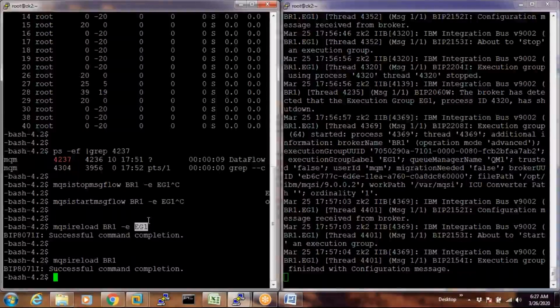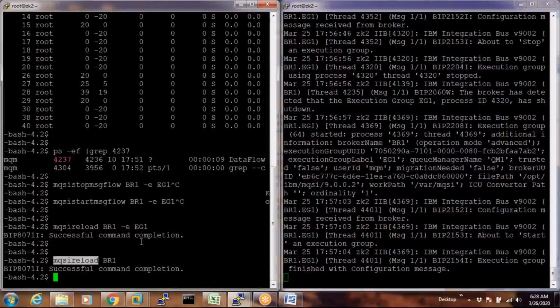What do you mean by production? If it is production or non-production, the command is going to be the same, right? No, I'm not talking about the command. I'm talking about the restarting, because when we restart the execution group, we're gonna take down all the applications running on this execution group. In a production environment, I don't think that is tolerable. So how is this going to be reconciled?